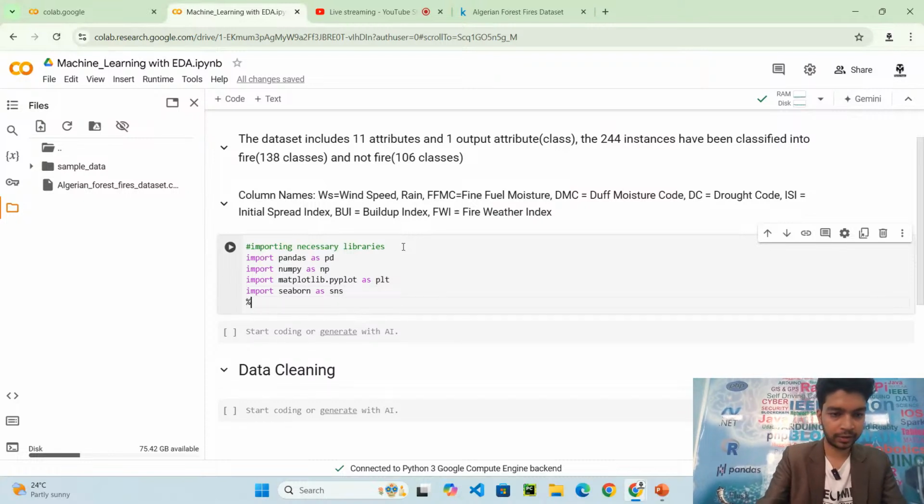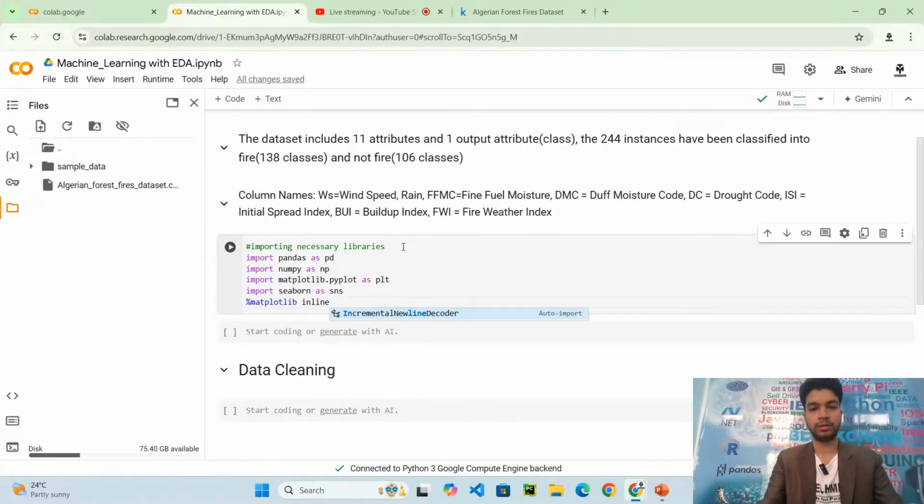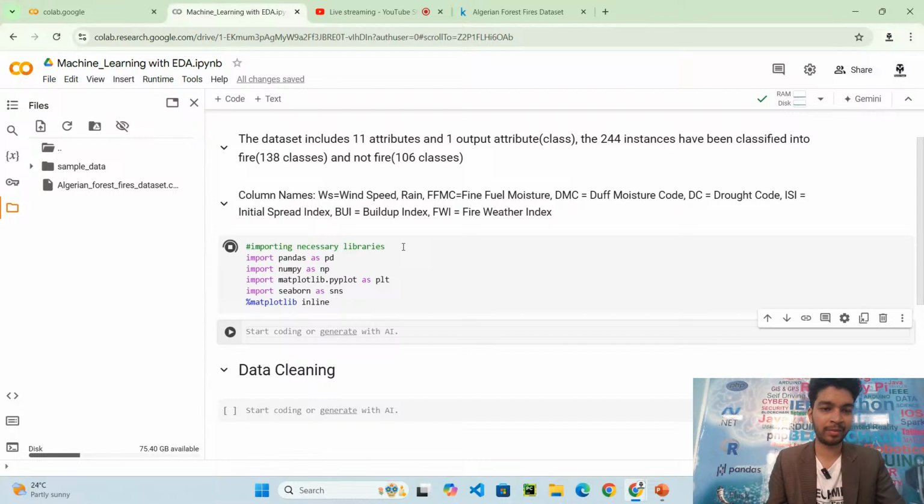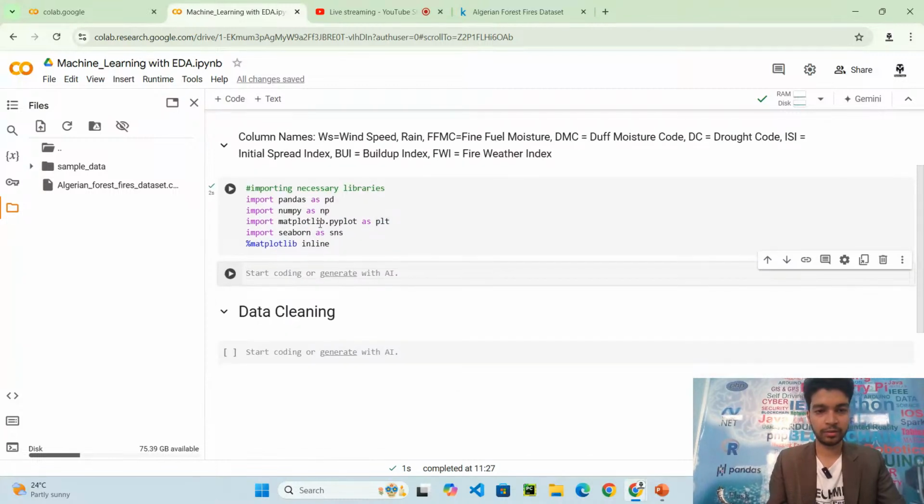Then for better visualization we'll use matplotlib inline. So these are the necessary libraries required to do the data analysis today. Jupyter Notebook comes with all these Python libraries pre-installed, so you don't have to pip install them. You can directly make use of them.